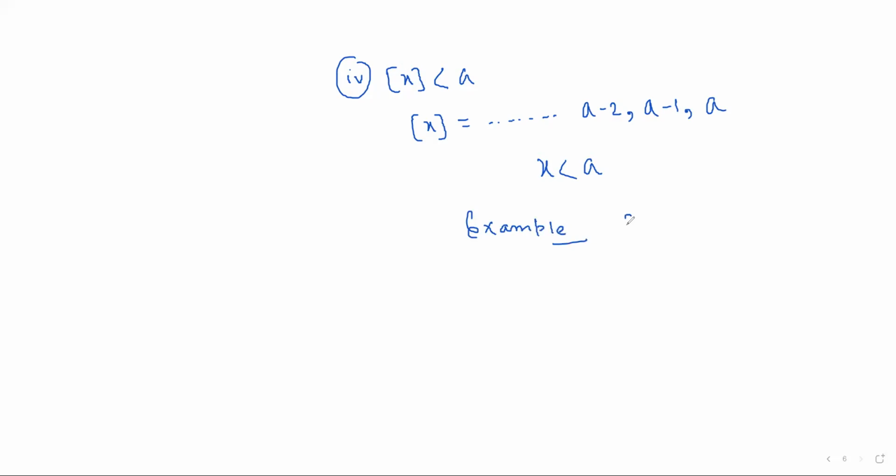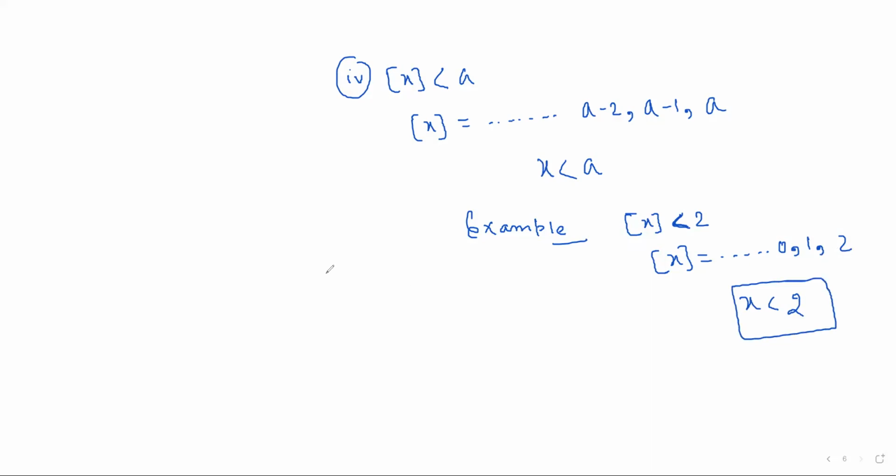एग्जाम्पल देखो, यदि ग्रेटेस्ट इंटीजर फंक्शन ऑफ x लेस देन टू है बेटा, तो क्या होगा, क्या क्या हो सकता है बेटा, तो बेटा निगेटिव नंबर तो होगा ही होगा, जीरो हो सकता है, वन हो सकता है, और टू होगा नहीं, जीरो मतलब कब, जब जीरो से लेकर वन के बीच में हो, वन तब जब वन से लेकर टू के बीच में हो, टू कब, जब टू से लेकर थ्री के बीच में हो। फाइनली बेटा x लेस देन टू, दिस इज योर आंसर।